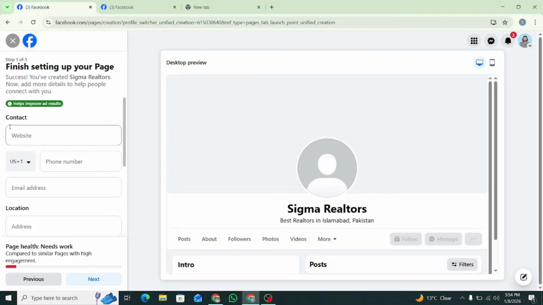Now I need to write contact details. So firstly I will write my website, www dot. Currently they don't have a website. I will put my own website, thehamidkhan.com. I'm just writing to explain to you, and you can write your client's website here. Like my client bought the domain sigmarealtors.com.pk,